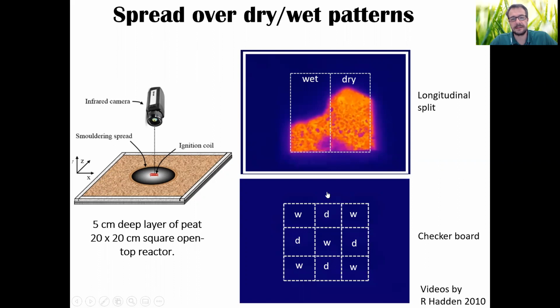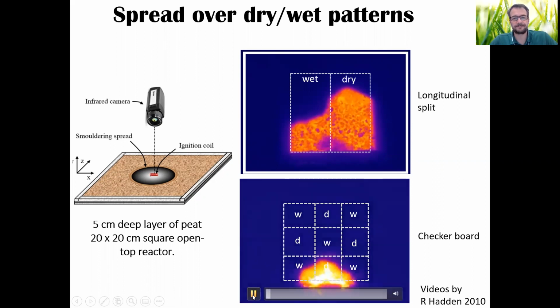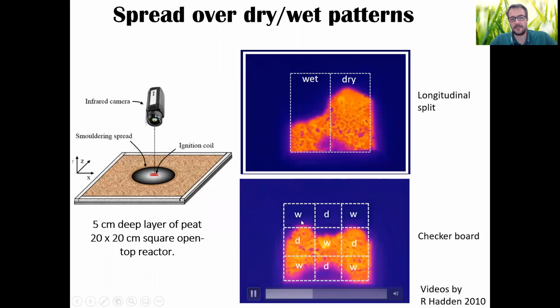This is horizontal spread. And this over here is a checkerboard. We ignite at the bottom. These are wet, dry, and wet, and we have fun with this type of profile to capture the heterogeneity that you can have in the field of wet and dry. First we do the checkerboard. You can see how the dry was the first one to burn, but then the wet stopped it, and now it propagates faster laterally because these are where the dry patches are. And now we will find the wet and it will stop again. And now this dry one over here will go faster.